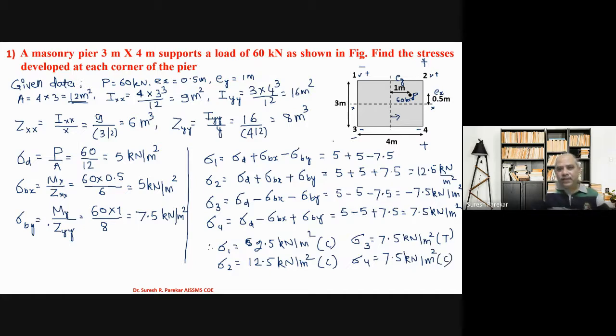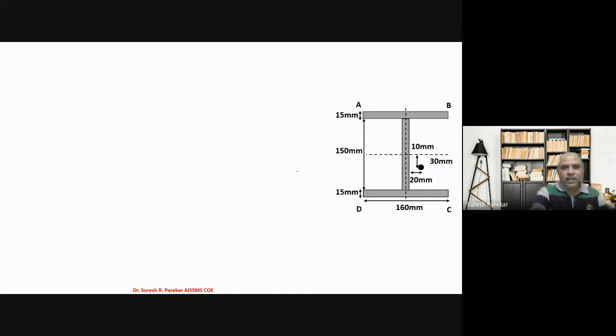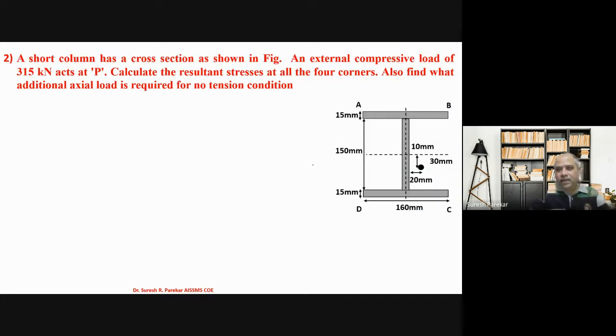So likewise we will get values of stresses at all corners. Then we have the second problem. So this data is given, and then again what additional we have given. So we are with only this part, this we are not going to solve it. So given data,